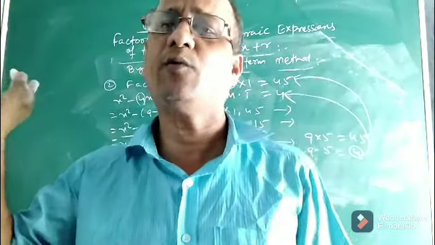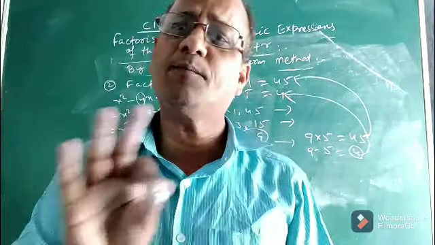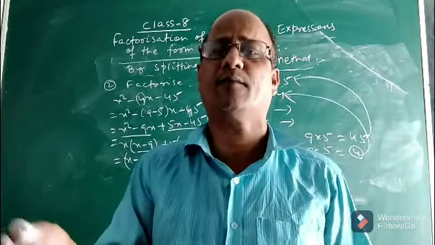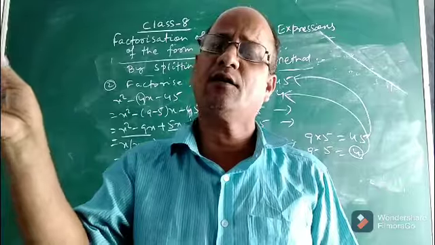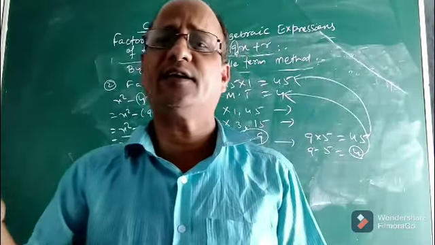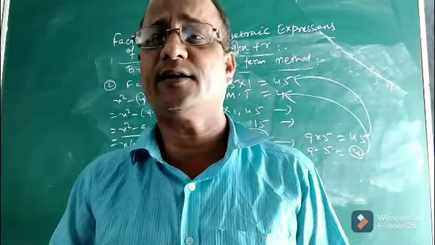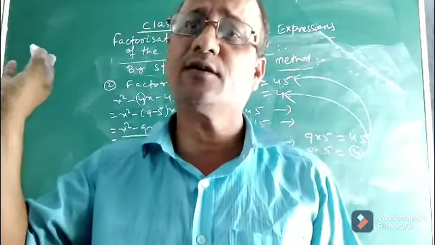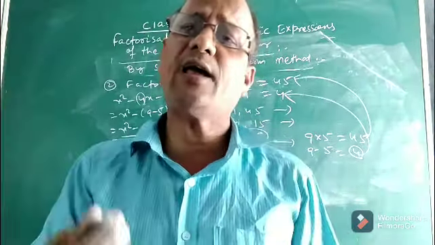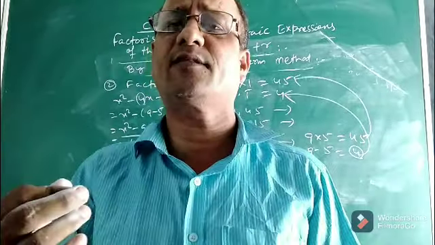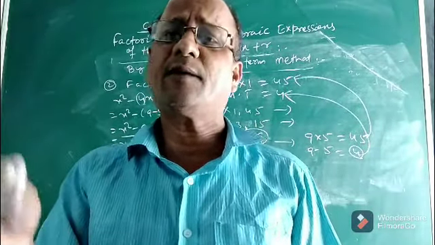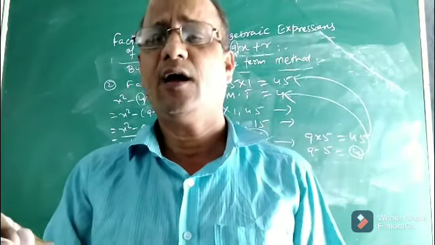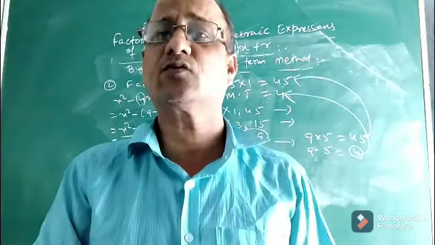So children, I hope you understood. With this we completed the chapter algebraic identities. I discussed everything in detail about algebraic identities, and I hope you understood those things. I also discussed many problems, but I will still discuss one or two more problems in the next class, so that the chapter algebraic identities will come to an end. Thank you.